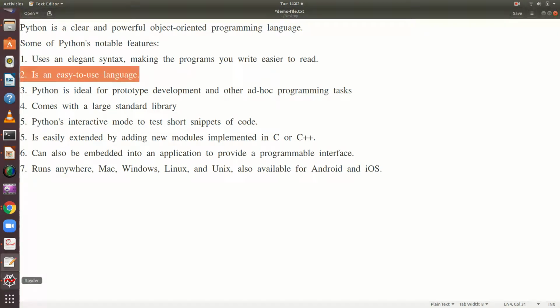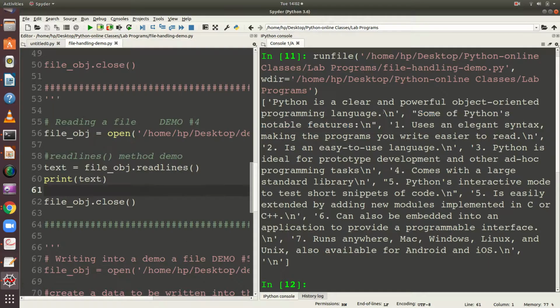And you can observe it includes the newline character also. Until it encounters the newline character, it treats it as a line, and that line becomes a string, the first element. Then this is the second line, the third line, the fourth line, and so on.